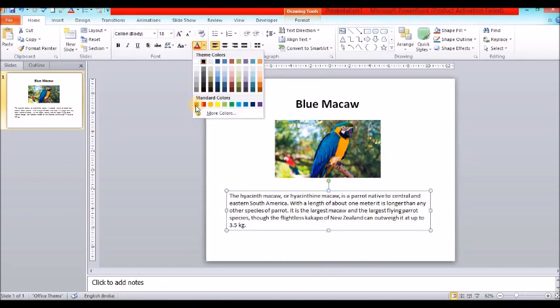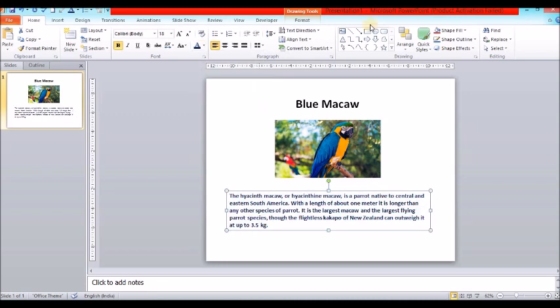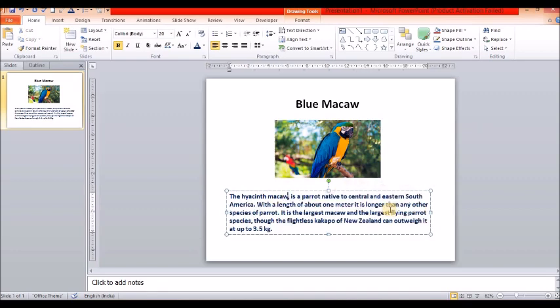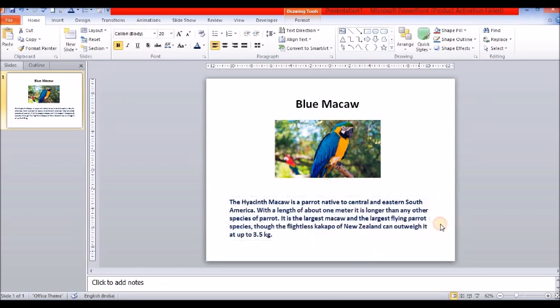You can give different colors, make it larger and readable. You can edit it a little bit more so it is impactful to your audience. Hyacinth macaw and blue macaw are two names for the same breed. And now this is the normal presentation which you make.